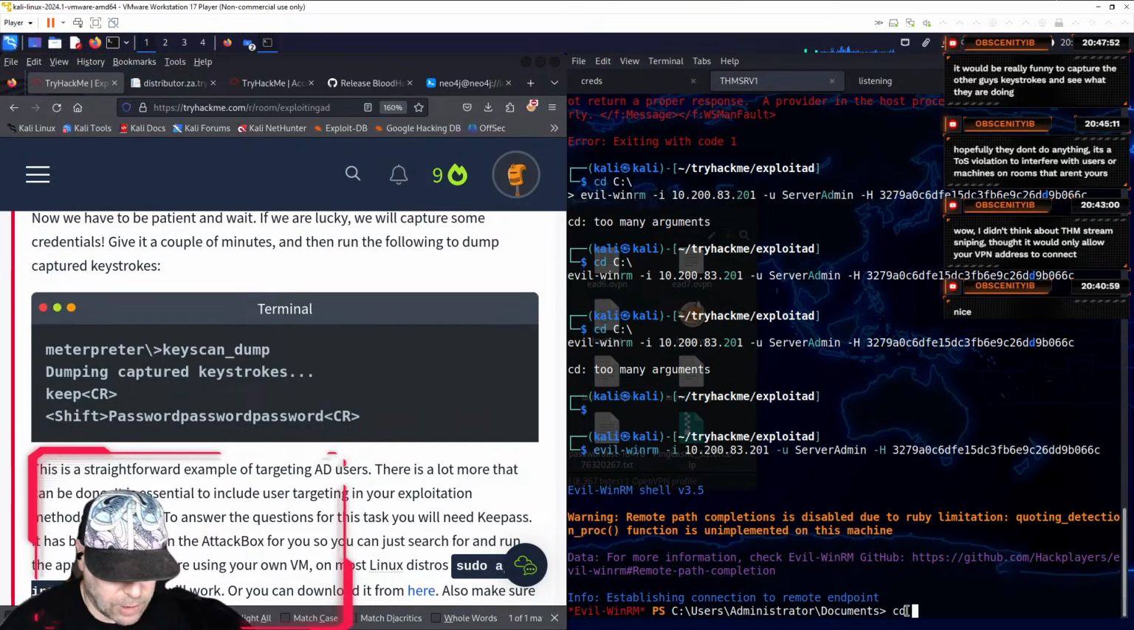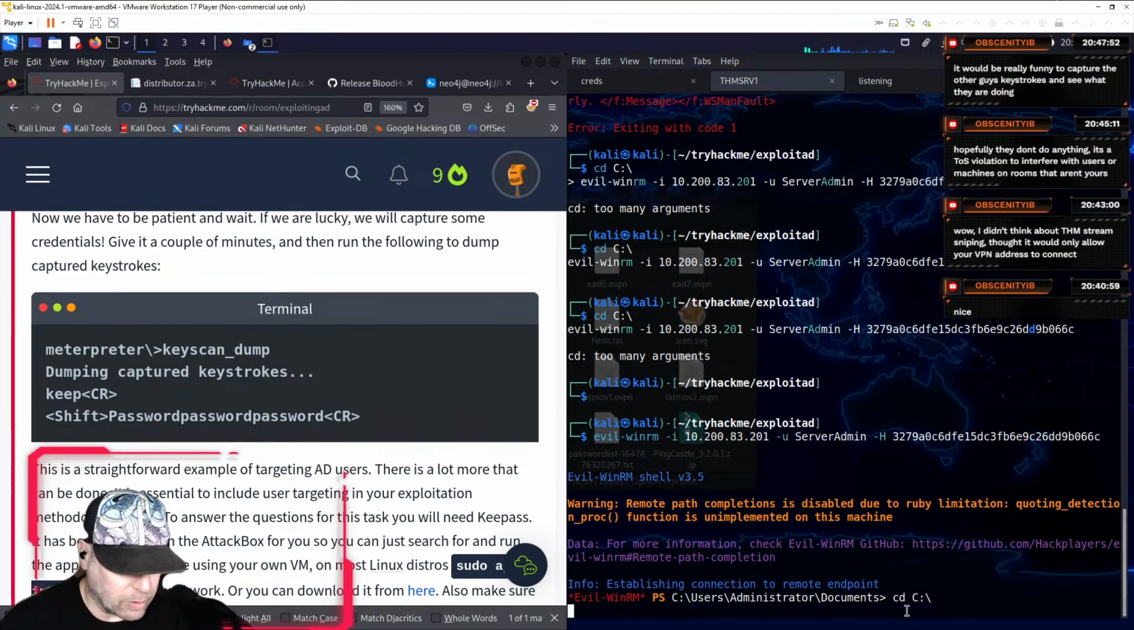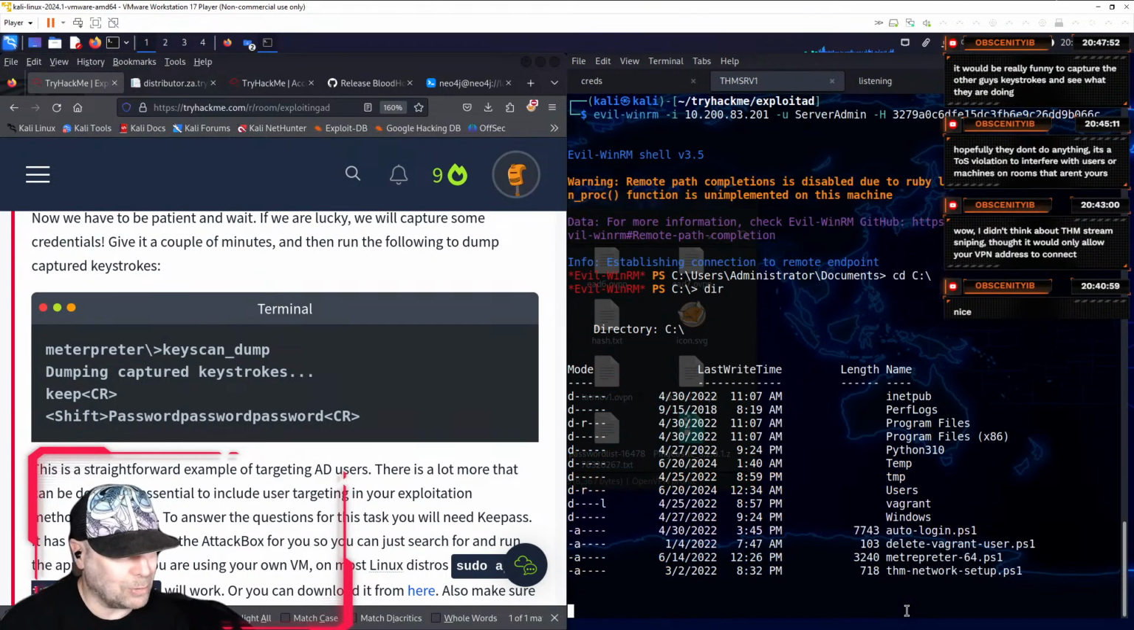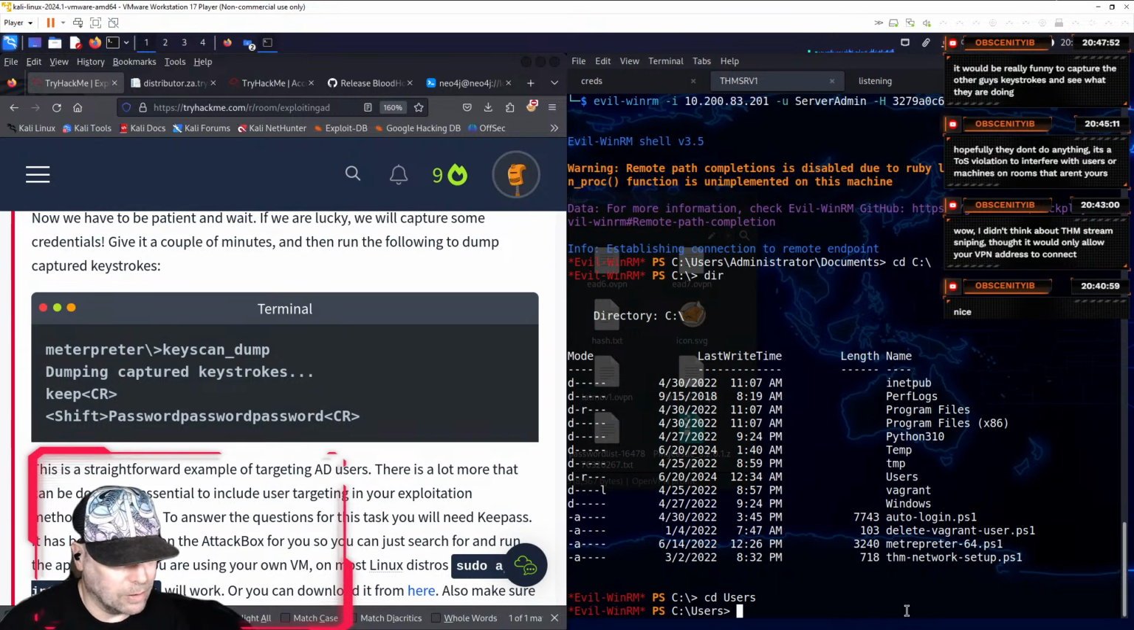Alright, cd c:\. I'm not even going to be brave and try to go deeper than into users. We're just going to go right to C. Make sure there's a users folder. Alright, making progress here. And dir,